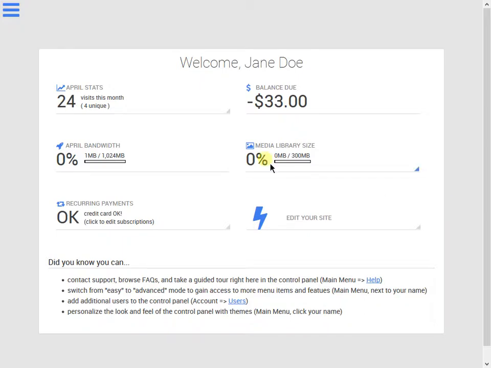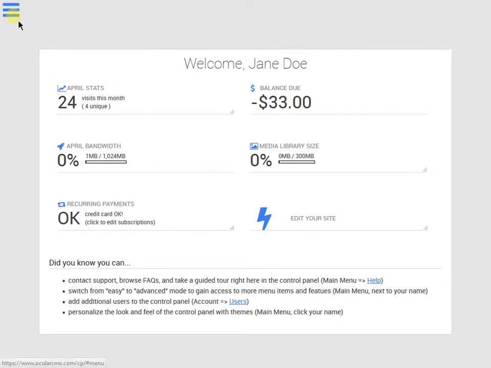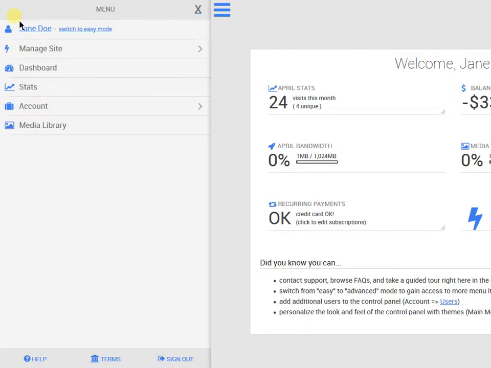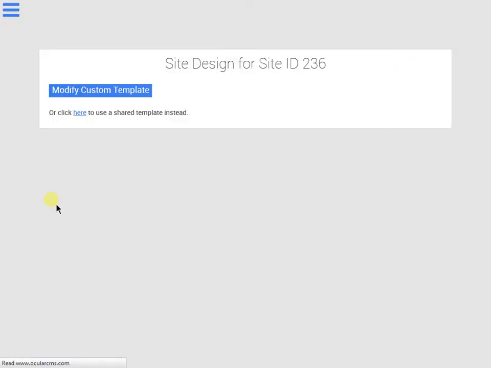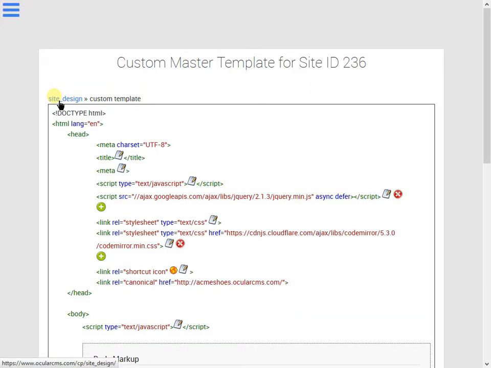When in edit mode, logged into the control panel, you do need to be in advanced mode. If you're not already, just click on the switch to advanced mode link. If you don't see that, then you're already in advanced mode. Now, under manage site, click site design, and then you'll see the link modify custom template. If you click on that, this is the page that contains